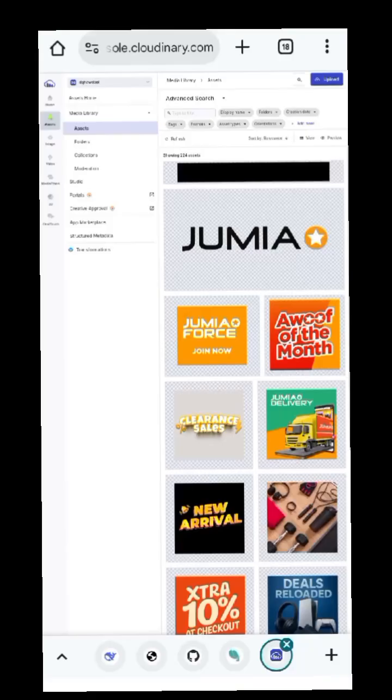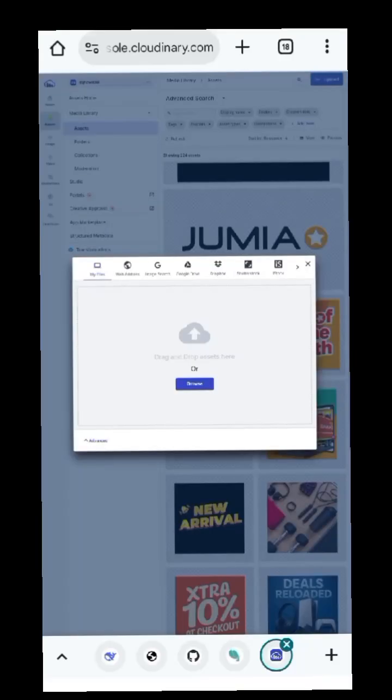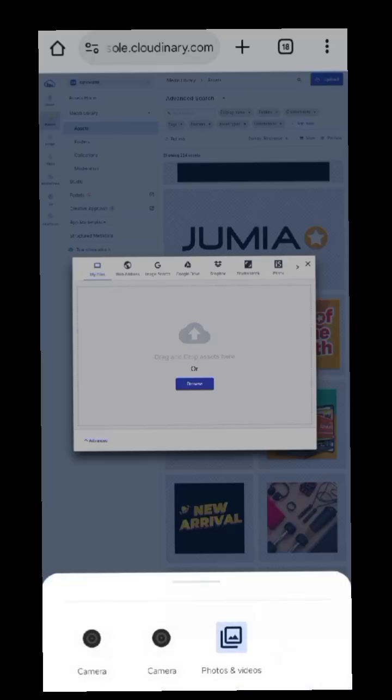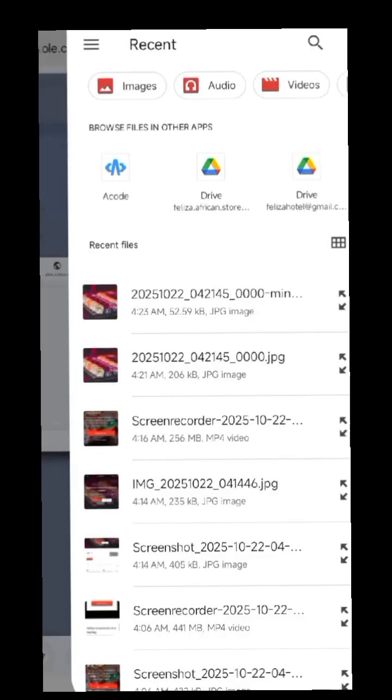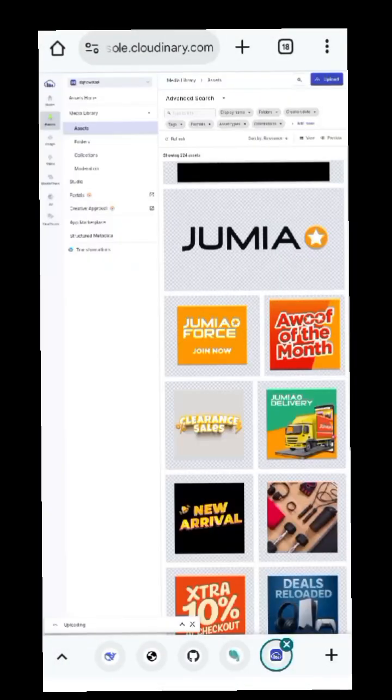So now you're on Cloudinary, you click on upload. We're still on the desktop site. I prefer the desktop site on Cloudinary. It's just much easier than the mobile. And I'm going to click on browse, and I'm going to upload this. I'm going to click on this image. Okay, but I'm not going to be using this image link because I had already uploaded this image before when I was creating that website. But once it's uploaded fully,